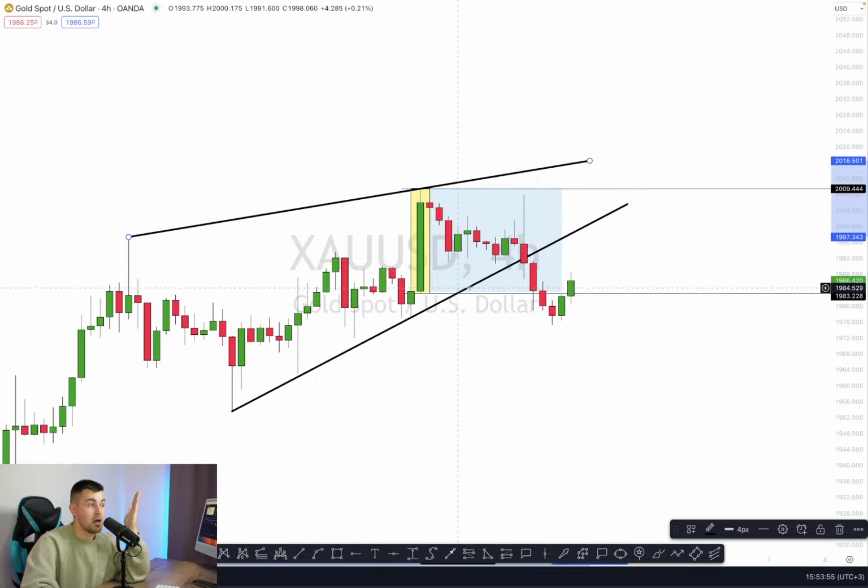We have the breakout of the lower boundary of the range of the Mother's bar, and we also have the breakout of the support of the wedge. So these signs of strength of the sellers are definitely important. Yes, so please consider them and be careful. Be careful, as I said, even though the global trend is bullish, we have the signs of the weakness of the buyers and highly probable initiation of a correctional movement.